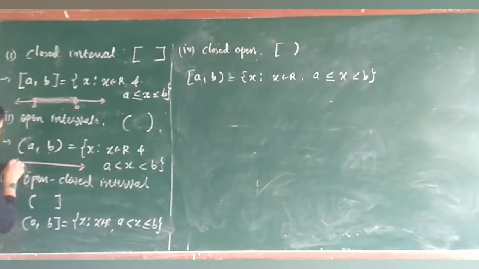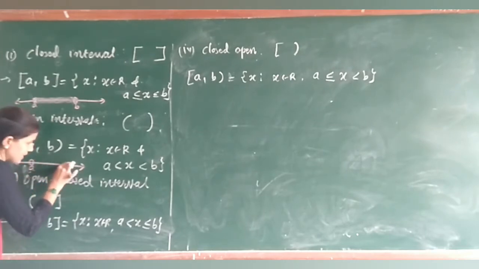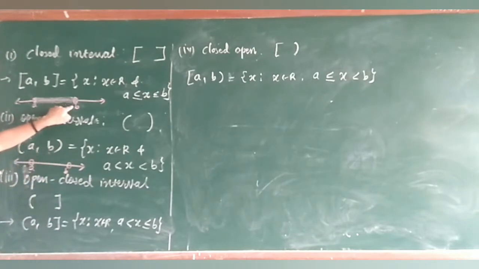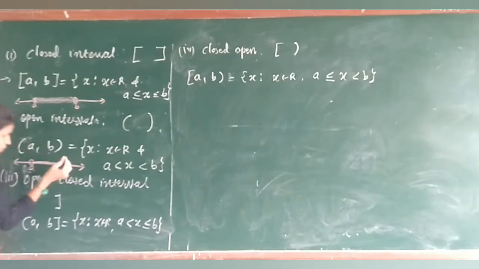Similarly, if I write down the open interval, so this is A and this is B. A and B are not included, so that's why a circle will be made here, but empty. Here it is filled, where this is empty, and then highlight the portion in between. So this is the indication for the open bracket.